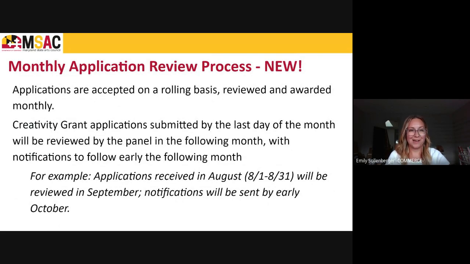Okay, so moving along for the monthly application review process. This is new. We mentioned that both the touring roster application and the touring grant are accepted on a rolling basis, and they're both reviewed monthly. So if you've been somebody who's applied for our monthly programs in the past, in particular with these programs, you